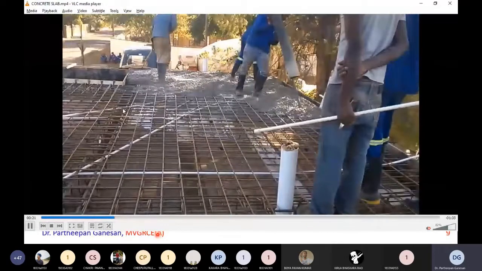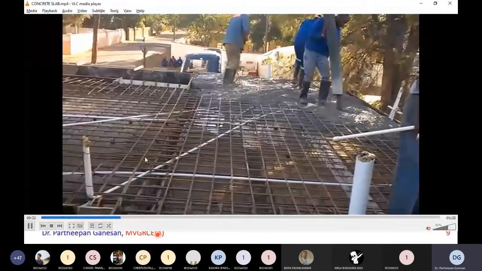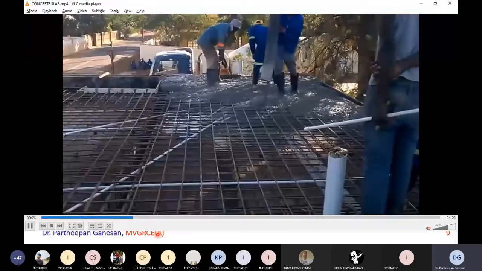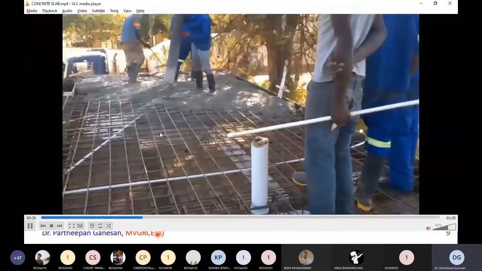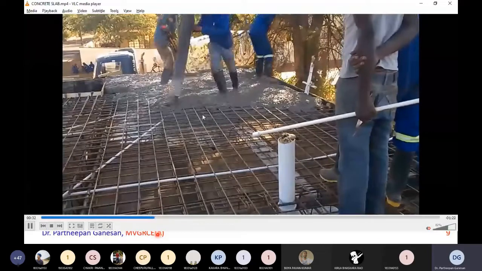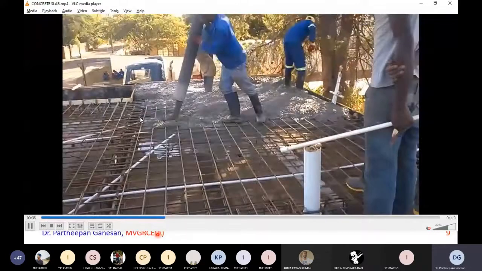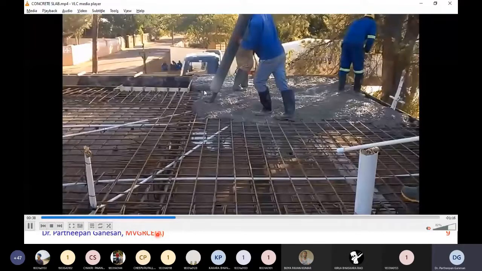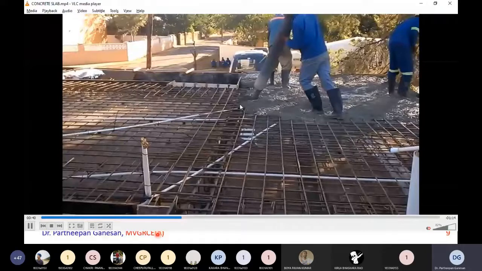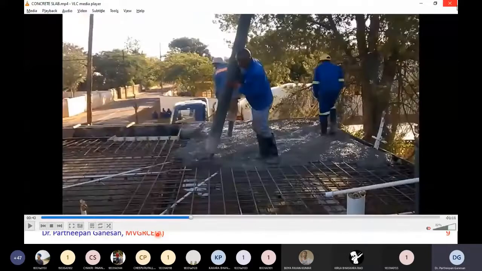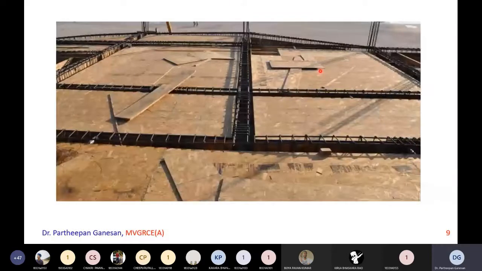So this beam will be called a flanged beam. Why is it a flanged beam? I will explain now. First you should know the process of how the beam and the slab are cast. Now you see the concrete is moving towards the beam here. The beam will get filled first, and then the slab will be covered. Okay, so this is how you lay a slab for the floor or roof, right? For the entire thing you do it at once.